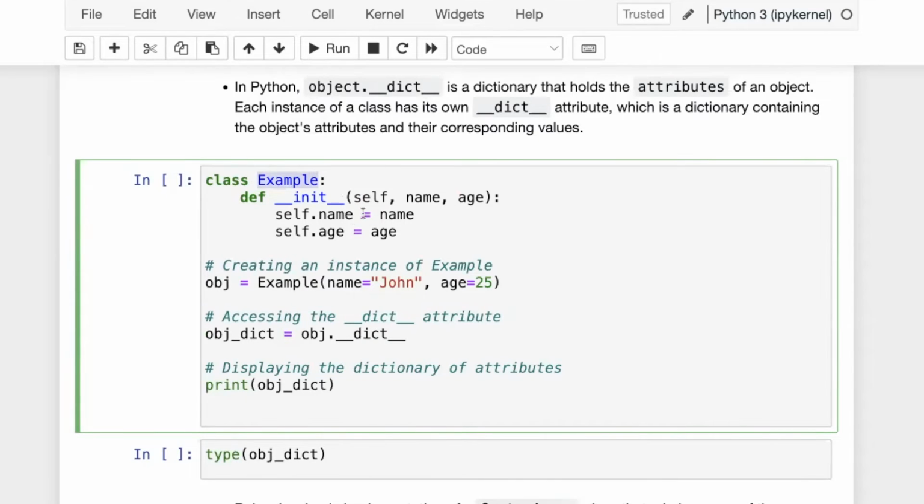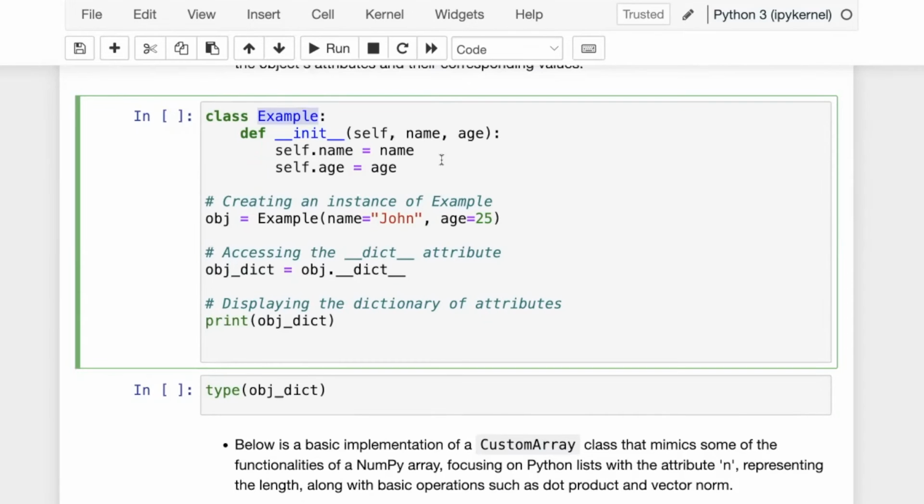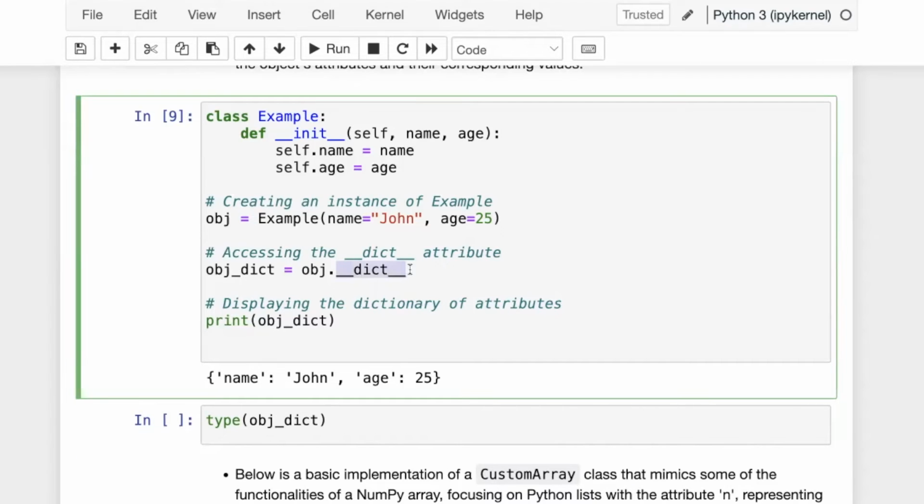I want to make it really simple, where we have two pieces of information, or two attributes, I would say, name and age. So now we just assign these to these attributes. Usually you also want to add some methods to do something with these attributes, but right now we want to keep this simple. And you can see that if I use the name of this object, which is obj dot